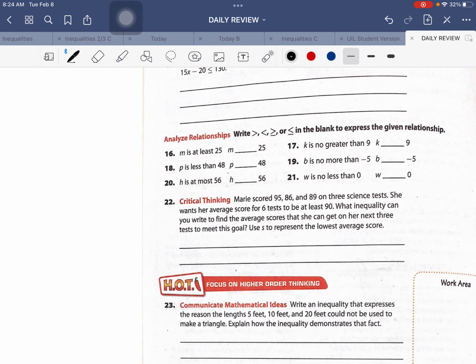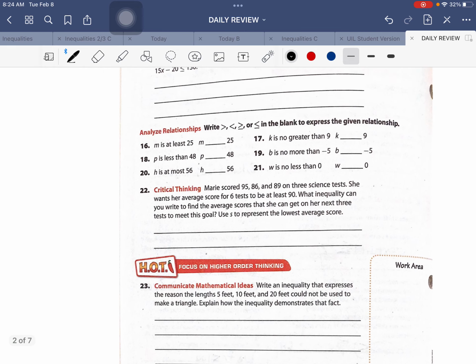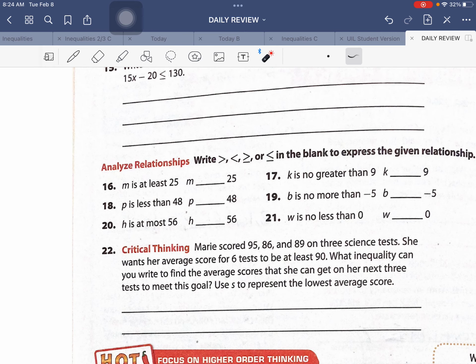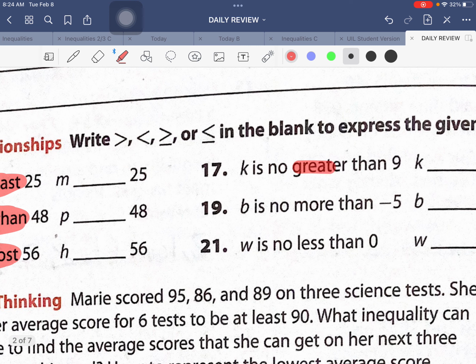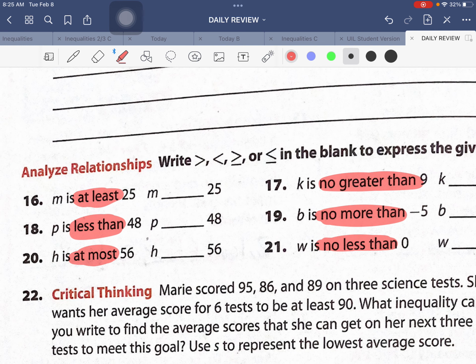We're going to focus on the keywords: at least, less than, at most, no greater than, no more than, and no less than. All you're going to write